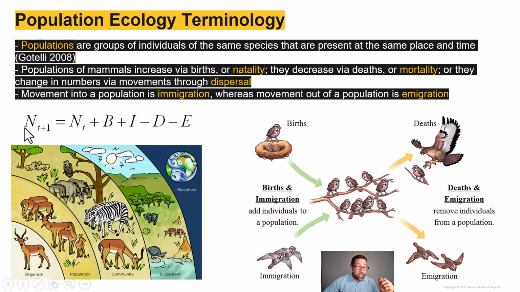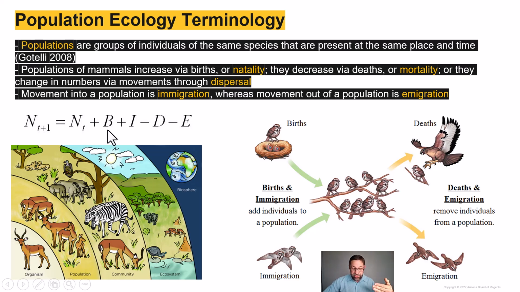So population abundance, which is N, at time step t plus 1, so one time step from where we're at now, is equal to the population abundance at time t, at the time it is now,